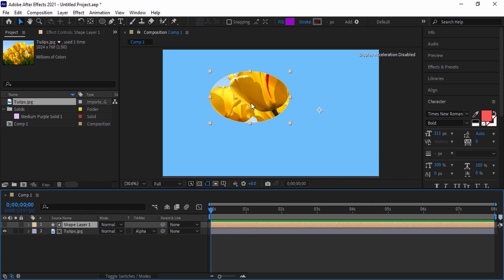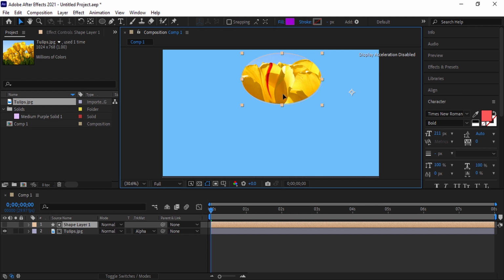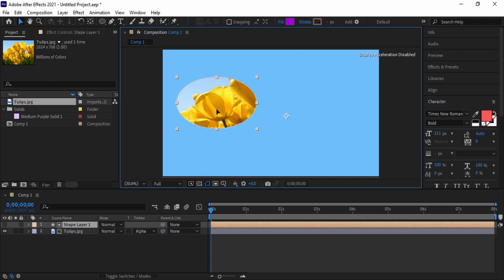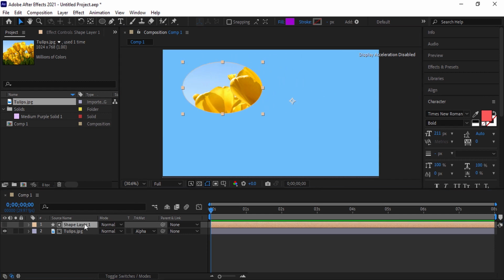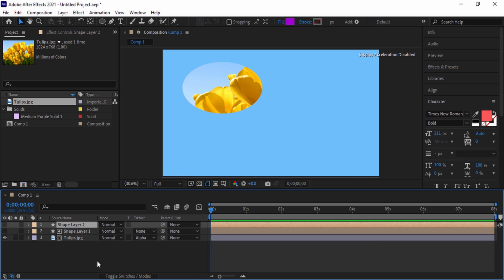Now in this example, we are going to make a copy of the top layer so that in addition to the mask, we also have the shape in this layer on the image. To do this, make a copy of the top layer. The keyboard shortcut for this option is Ctrl+D. As you can see, because the eye icon of this layer is also disabled, its contents are not displayed. So we also enable the display of this layer.